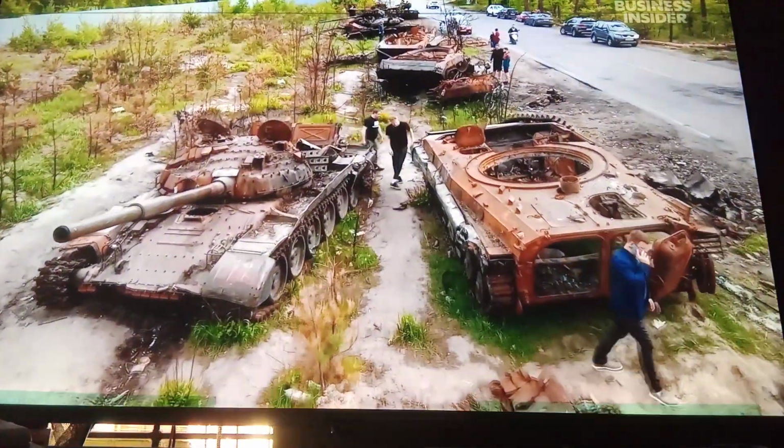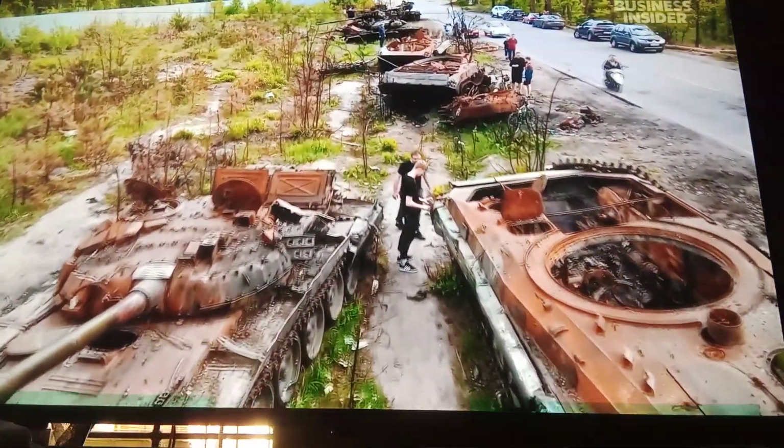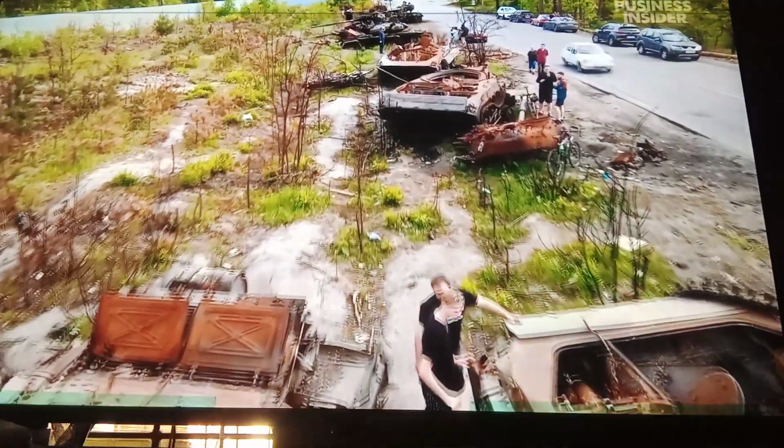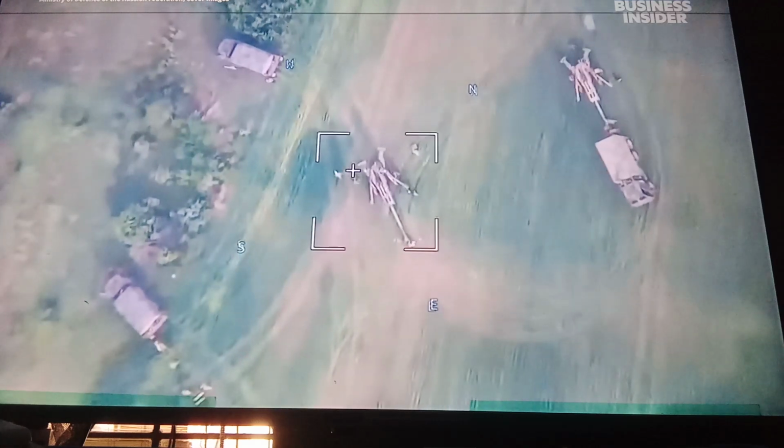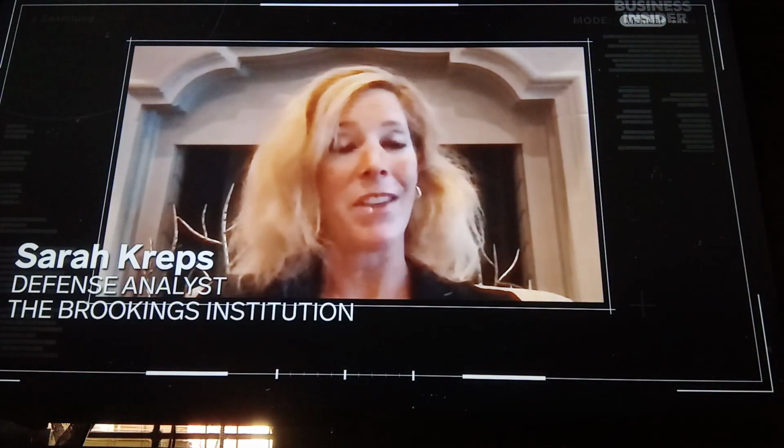But the reality is more nuanced. Unmanned aircraft, drones, and loitering munitions certainly helped. But Russia quickly stepped up its defenses and used drones of its own. They weren't ready for it, but they are now,